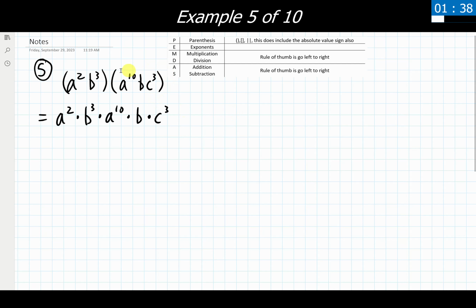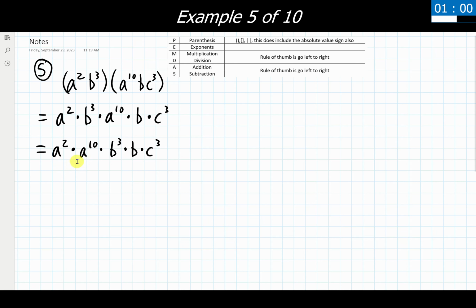I don't have any exponents showing up outside of the sets of parentheses, so great, I can just rewrite it all multiplying together. Now from here, I'm looking at where I have bases that are the same. So I notice that I have some a's multiplying together, I have some b's multiplying together, and I have c at the very end here. Now it's your choice if you want to take this step to rewrite the problem like I'm doing now. You don't have to, but I think it can be helpful just to see, hey, here's the similar bases multiplying together, so I can apply the product rule.